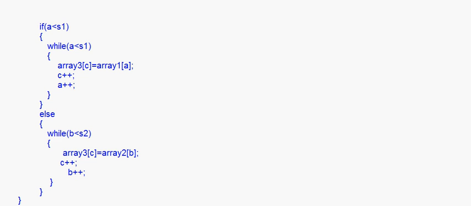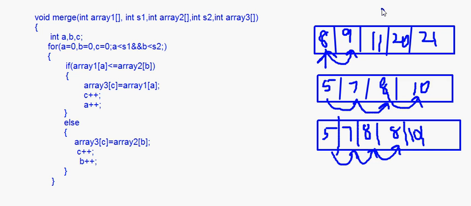So in this case we will come to this part, while A is less than S1, because something is left in array 1, I'm sorry. So array 2 is exhausted, right? So A is still less than S1. If you look at this, this is array 1, right? A is still less than S1. S1 is the size of this array, but B is totally finished, right?